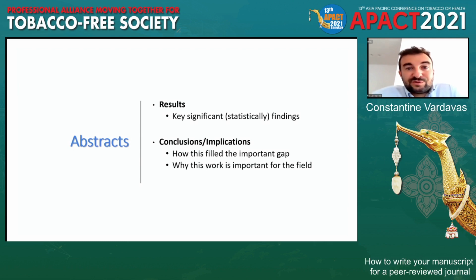The results, you want to focus only on your key significant findings. It's not appropriate to write inside an abstract that we found that 54% of the population was unemployed, or that most of the study participants were 18 to 24-year-olds. What we're interested in are the key findings. That, for instance, those who were exposed to secondhand smoke were 4 times more likely, and you write odds ratio, 95% confidence interval, blah, blah, to have this outcome. So you want to write your key results, your key findings.